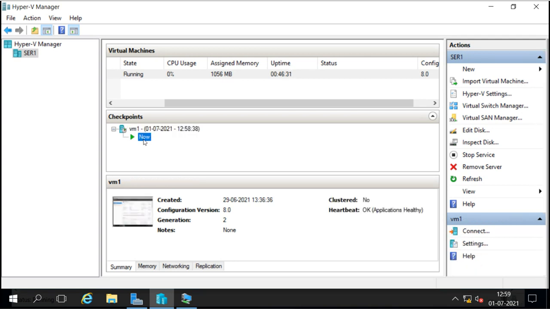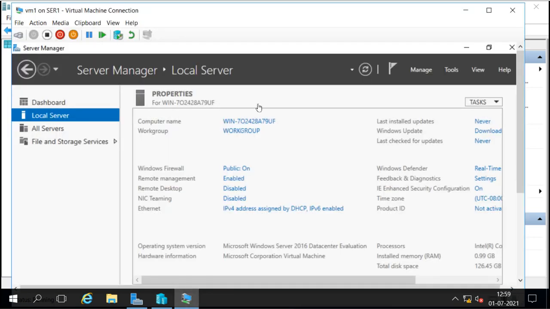Now I will change some information in our machine, like configuring an IP address.